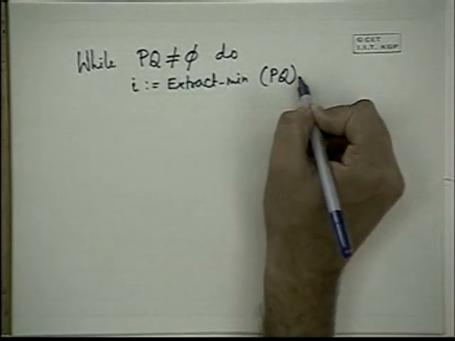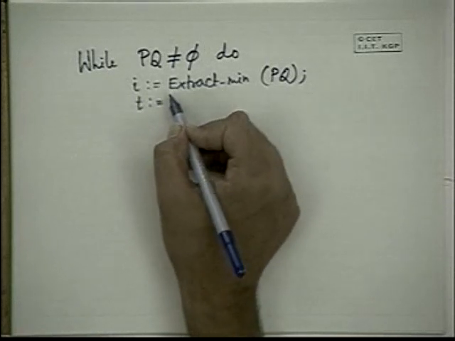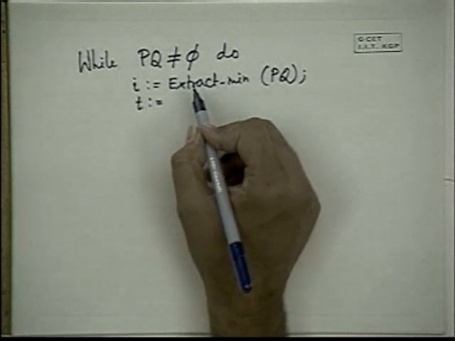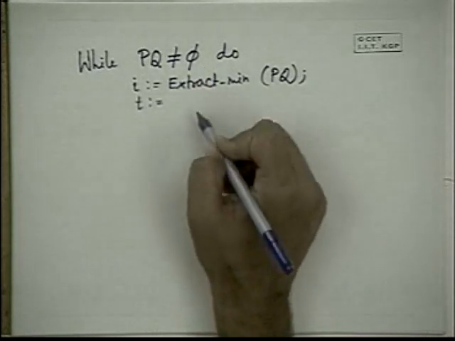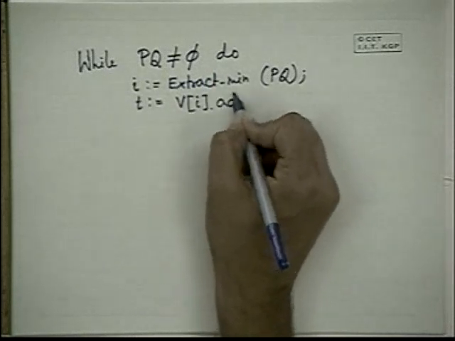You just extract the minimum one, then you get the linked list, or the adjacency list, associated with this vertex I, because you need to go over that list. So T is equal to Vi dot adj,